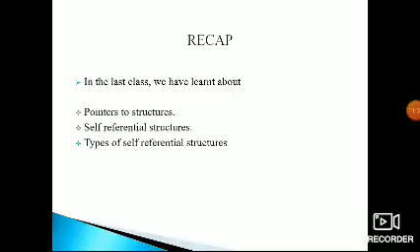An example of a single self-referential structure is the single linked list. For the multiple, it is the double linked list. In the double linked list, the node has next and previous, whereas in the single we have only data and next. Those are the examples we can give. This is the first chapter we discussed, and next, coming to today's topic, we will go to the second chapter.